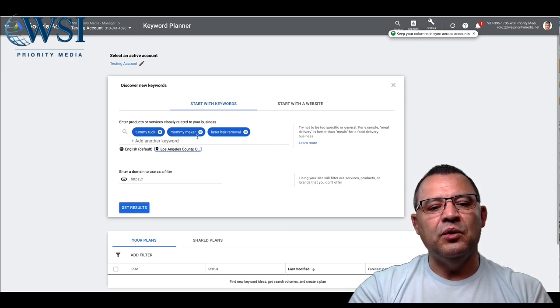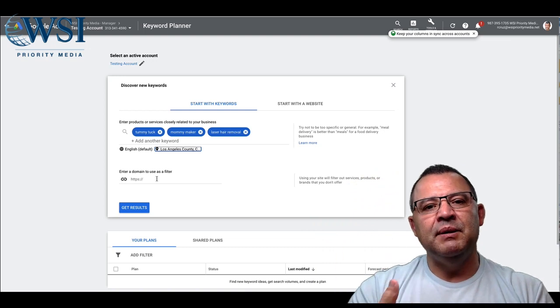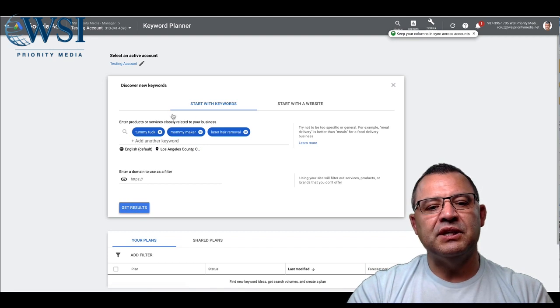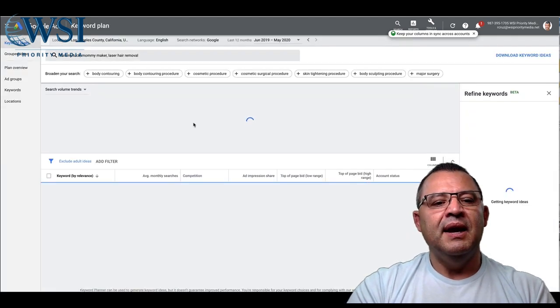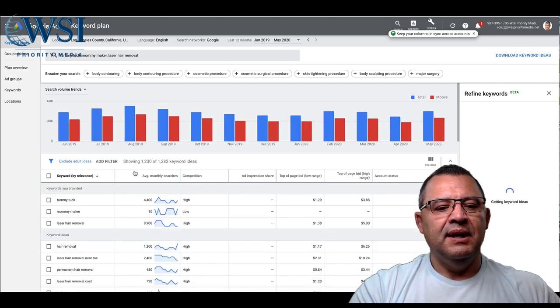Now I can go using this information, or I can put in a domain here as well. Google's amazing at stripping that domain and getting information from there and suggesting more keywords. Right now, we're just going to use this as our source. And so as it brings up our traffic, bam, here we are.